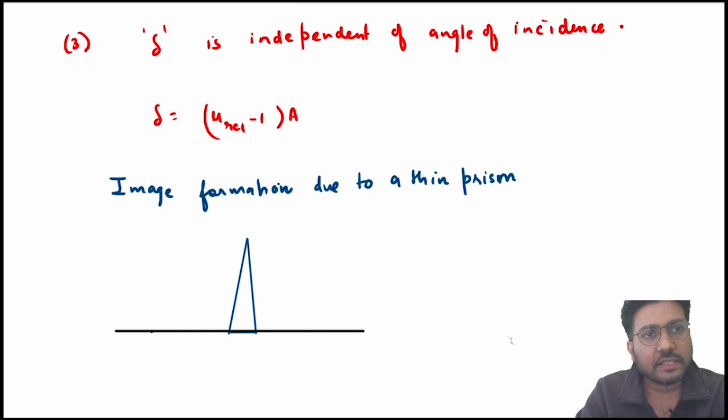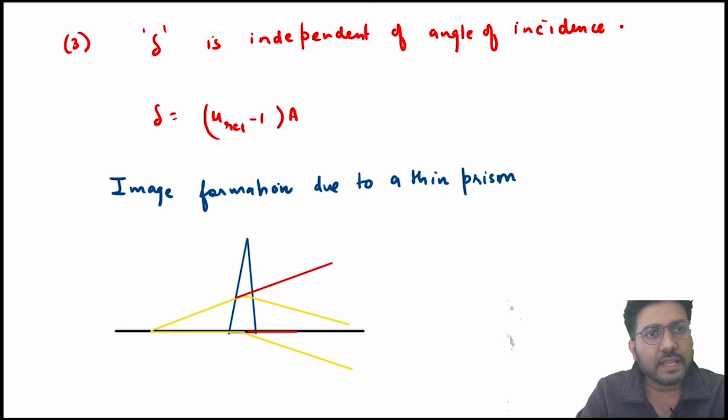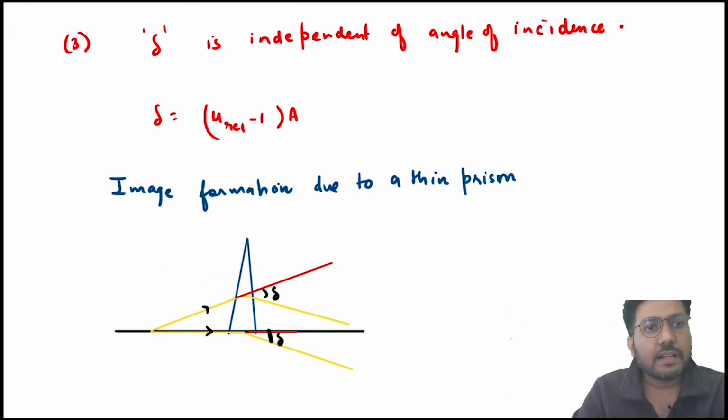The first ray is this itself, and the second ray, suppose let us draw it like this, and the angle of deviation is this. So you know that the angle of deviation in a thin prism is independent of the angle of incidence. So that is why if this angle is delta, this is also delta. So the angle of deviation for both the rays will be same, right? Now they will intersect